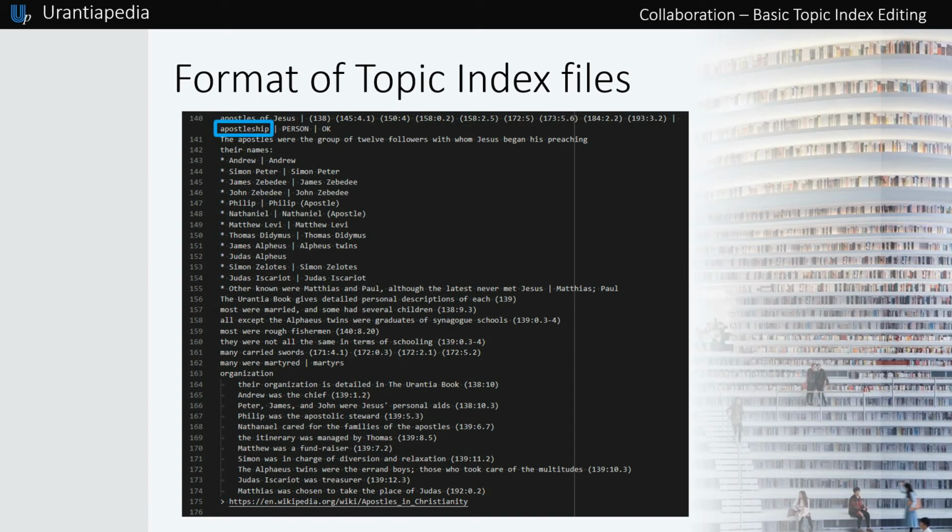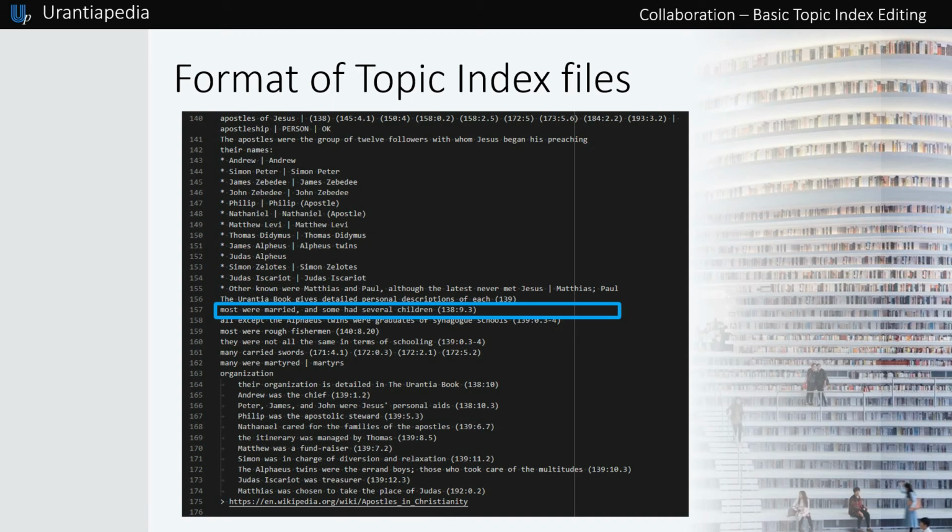The type of topic is relative to persons, so it says person. In this case, it is the Apostles of Jesus. This appears as a tag person added to the topic. These tags are useful for searching. Notice also that the OK mark is present, which means that this topic has been reviewed for English. Check that to make an ordered list, the lines must start with an asterisk. Notice also that many lines do not start with an uppercase letter or end with periods. That is fixed when creating the page.